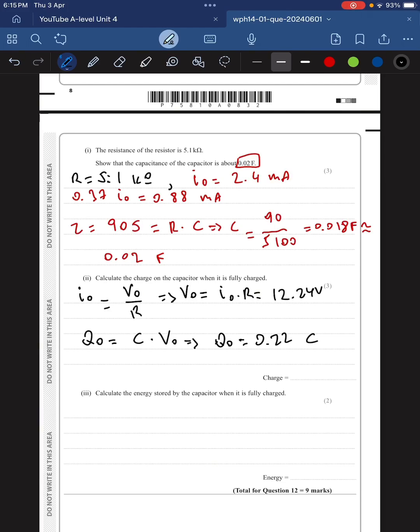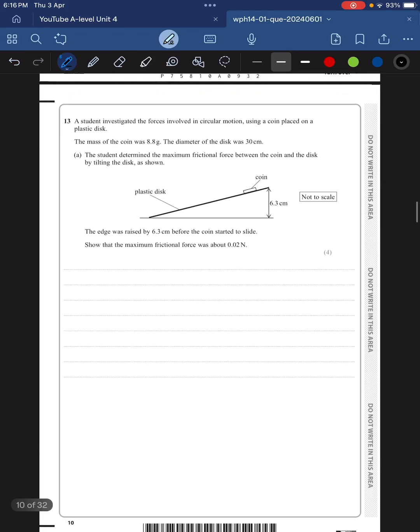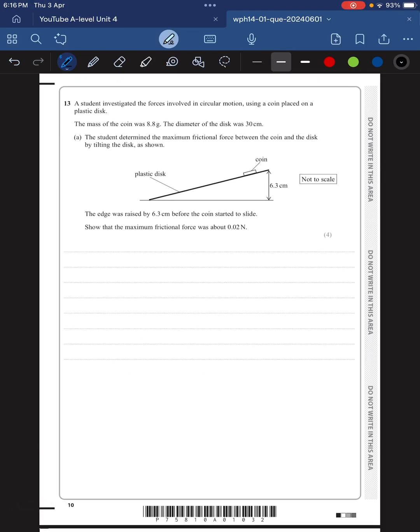And the final part is calculate the energy stored by the capacitor when it is fully charged. So the energy is 1/2 C times V squared. It's also Q squared over 2C, and so on and so forth. We will use this and find 1.35 joules if we plug in the numbers. I'm not showing the numbers because it's gonna get tedious. I assume that you guys have a calculator so you can plug in for yourselves. Now, let's go to question 13